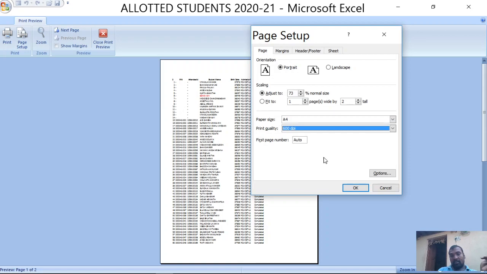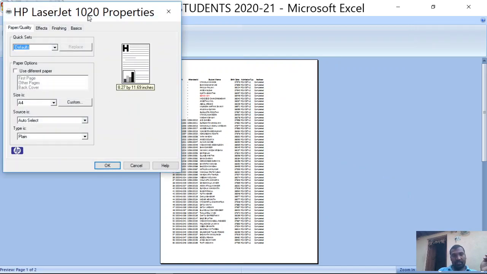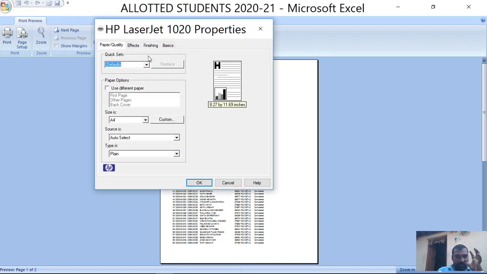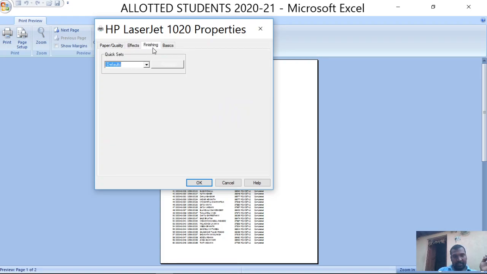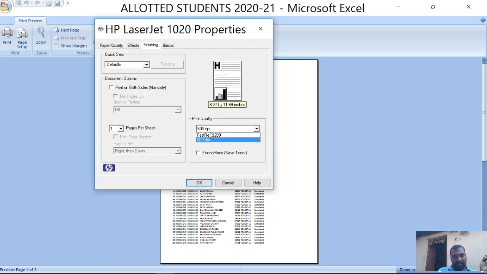Then here we have a command options. In this option, whatever the printer that is available by default, those settings are open. Print quality, then effects, finish, basic. In the basic, again you can change the orientation. In the finishing, you can change the print quality.